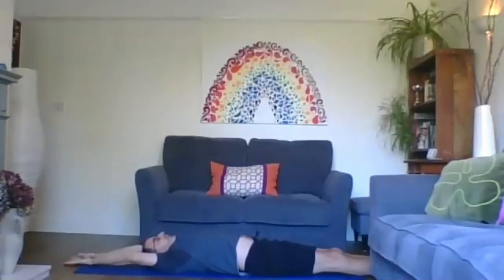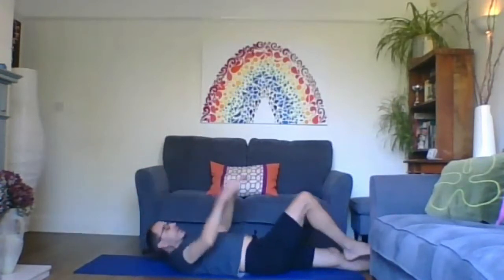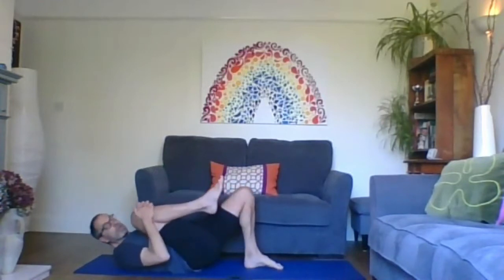Right side, left side. We're going to just open the hamstrings slightly now. So we're going to do this by going to get the belt, and so first of all we're going to come onto the right side at first. So both feet flat on the floor and then hugging the right knee in towards the chest,